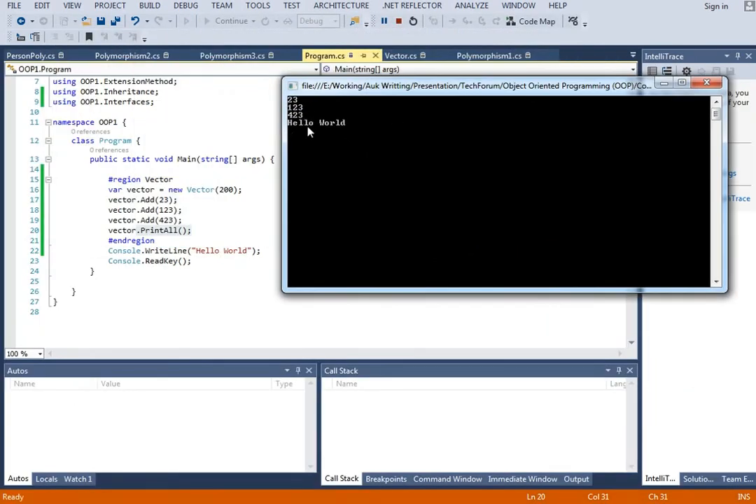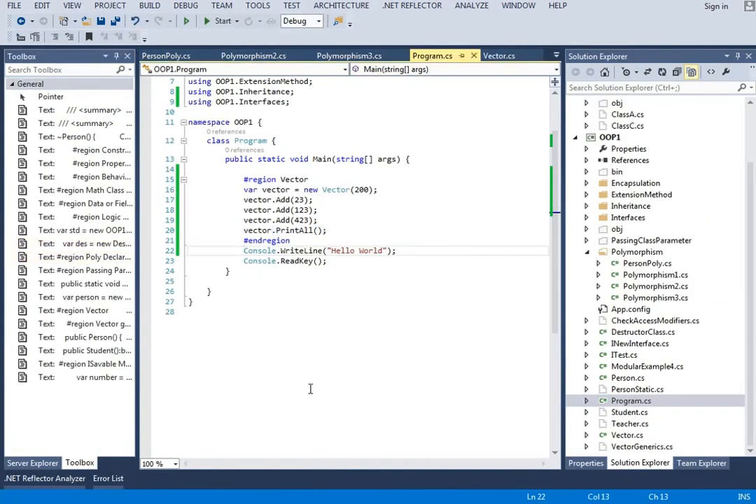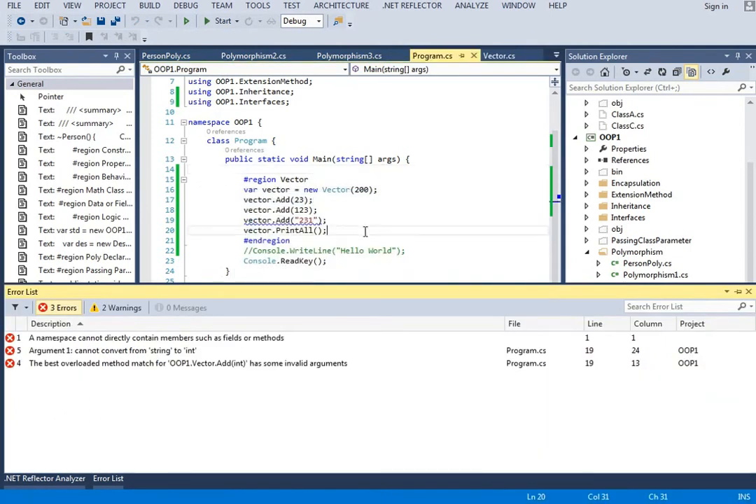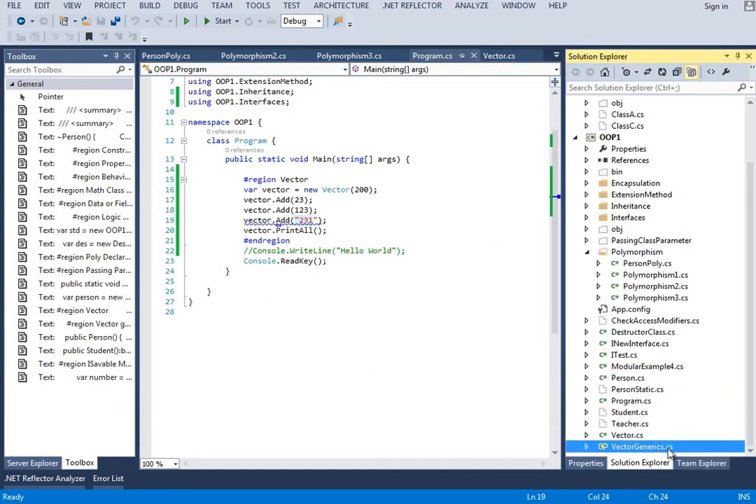23, 123, and hello world is the print statement. So let's really minimize that, print off. So the problem is you cannot add a string to this class. If you do this, you will have an error. To solve this problem, the generics are introduced. So we have also a generic class for this vector type, and